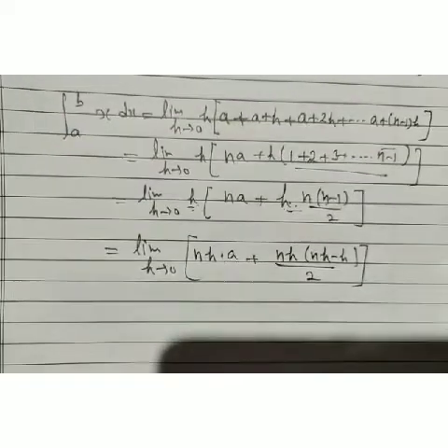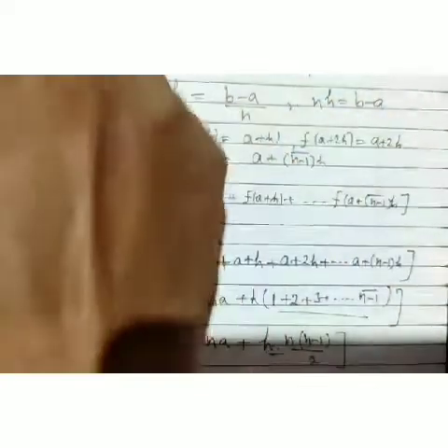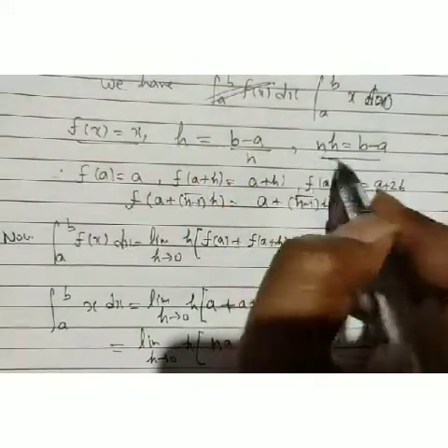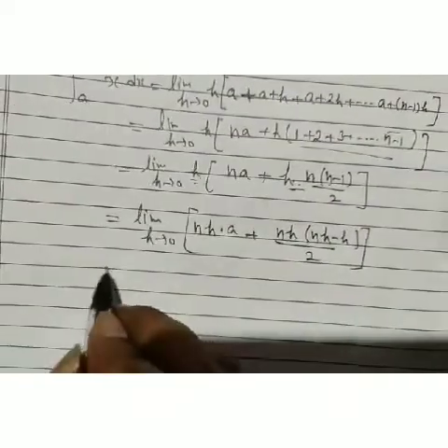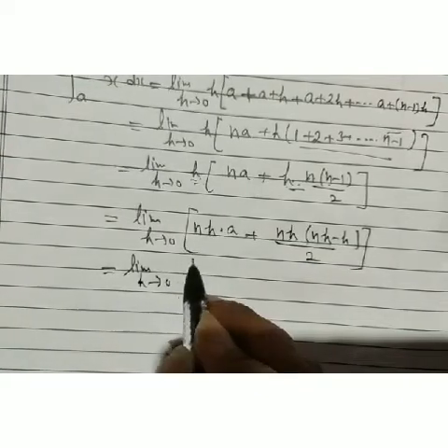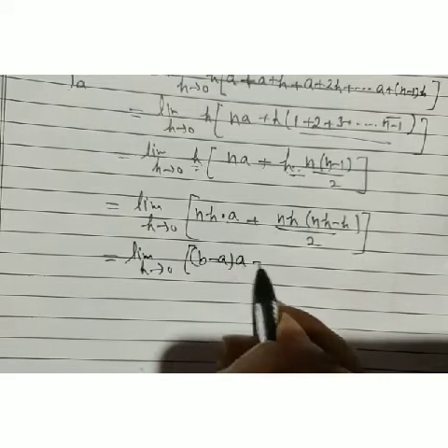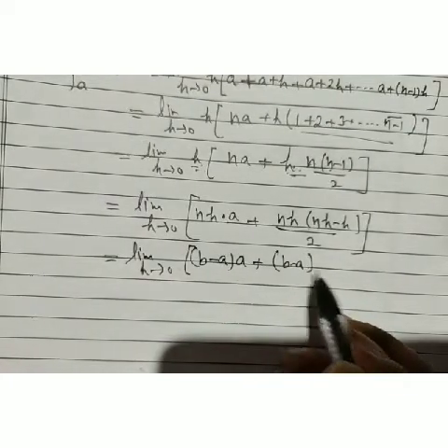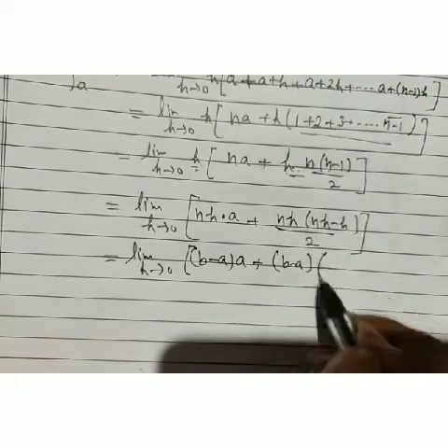Now look, what we have taken there, the value of our nh is what? Is equal to b minus a. Then we are going to put here b minus a. Limit h tends to 0. It's b minus a into a plus b minus a. And look, our nh is what? nh minus h. Then what we have,